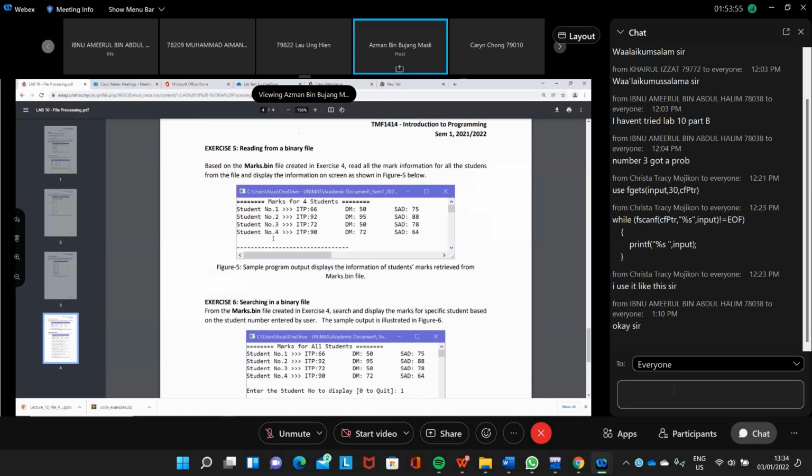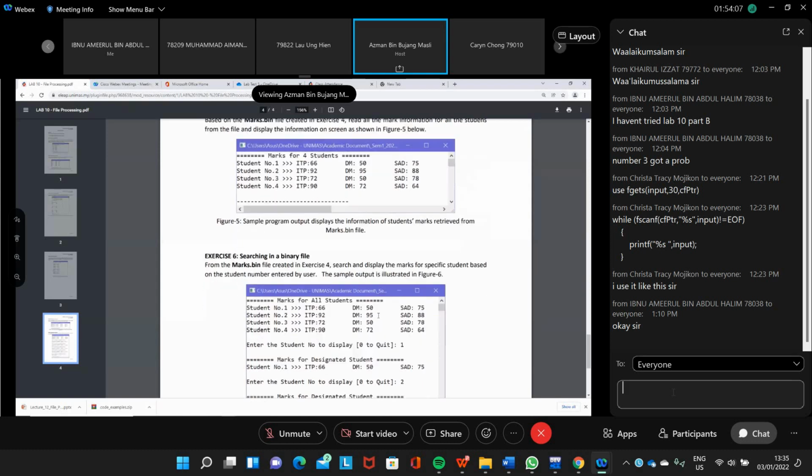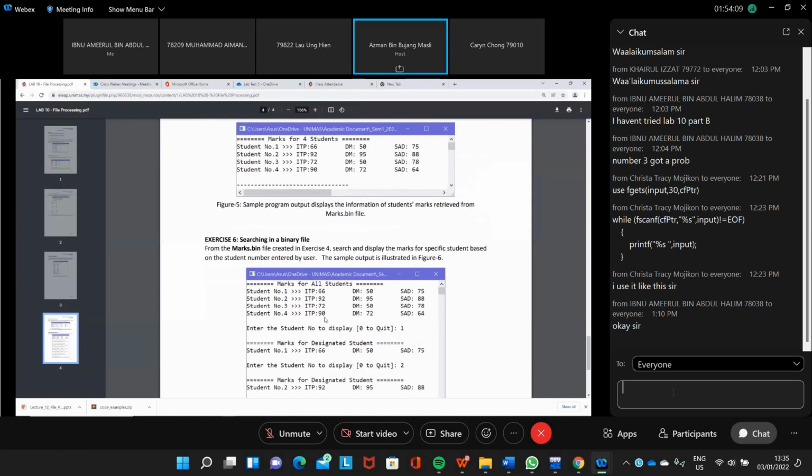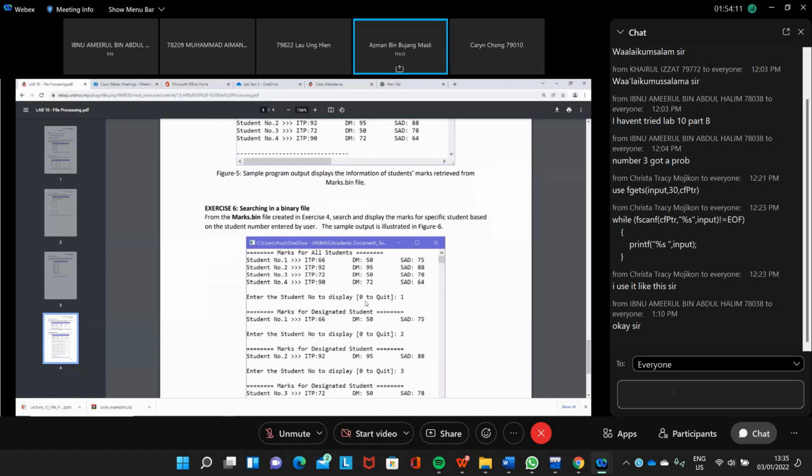First, search and display the marks for a specific student based on the student number entered by the user. The sample output illustrates: marks for all students, enter the student number to display. Number 1, then it will display number 1.